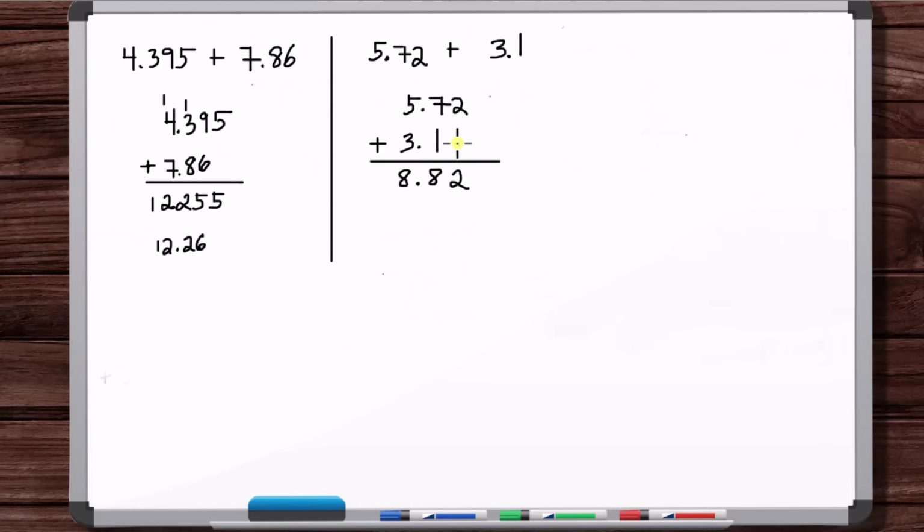8, okay? Now come back and see what is the smallest level of precision of the two numbers. Well, that's the tens place, right? So we're not going to keep this digit. The maximum precision of our final answer is this tens place. So we're going to get rid of this hundredths place and round this tens place. There's a 2 here, so we round this to 8.8. Okay, let's do